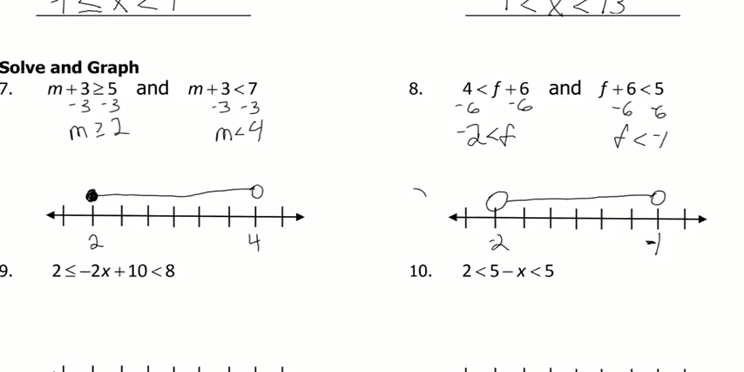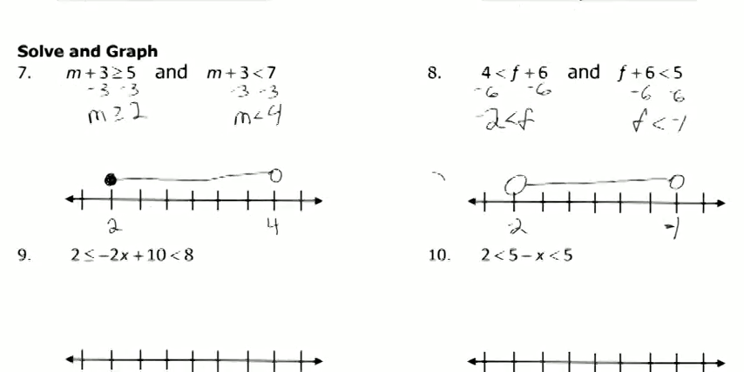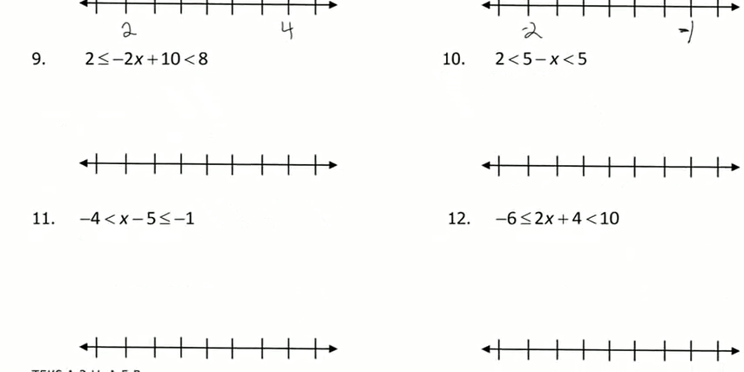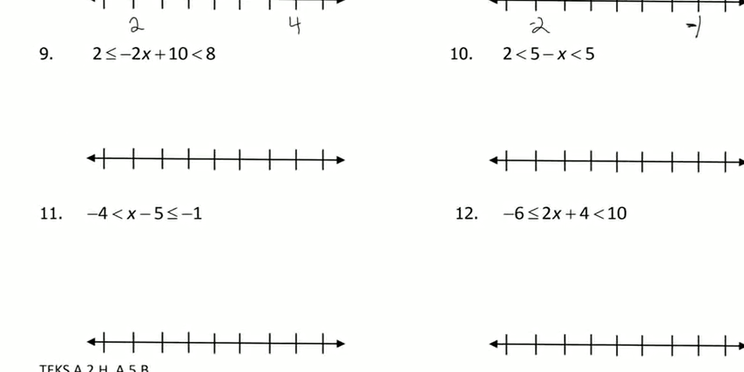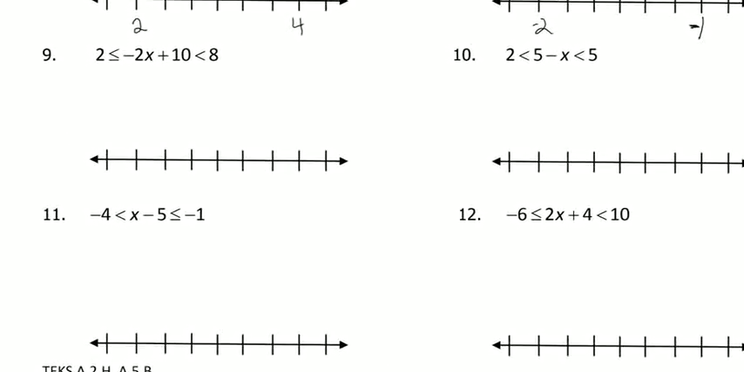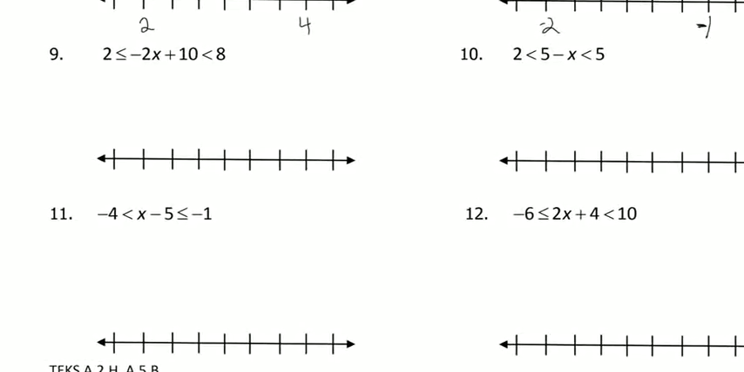Alright, now with number 9, there's actually multiple ways to do these problems, okay? I'm going to show both ways. Now, this first way is kind of what I consider the fast way, all right? So we subtract 10, just like we normally would, okay? Except we're going to subtract 10 both here